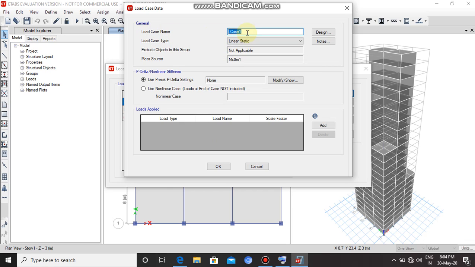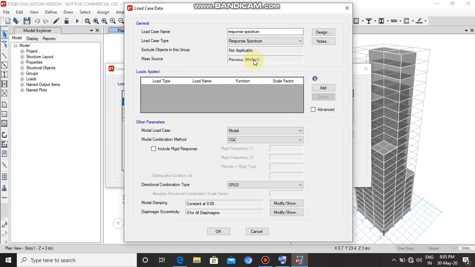Load case name as response spectrum. Load case type, response spectrum. Click on add in the load applied dialog box. A new load is added. We can see from here.